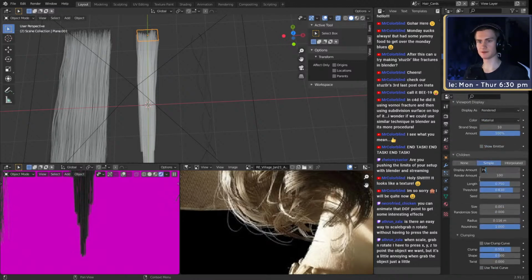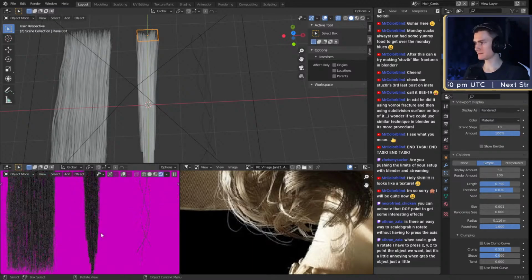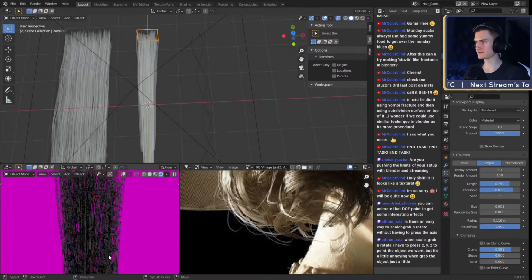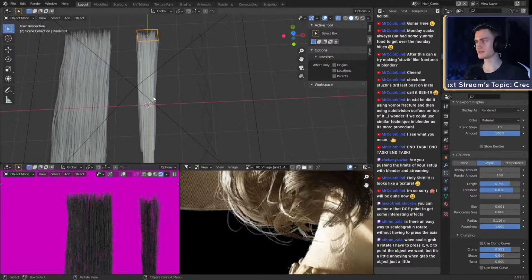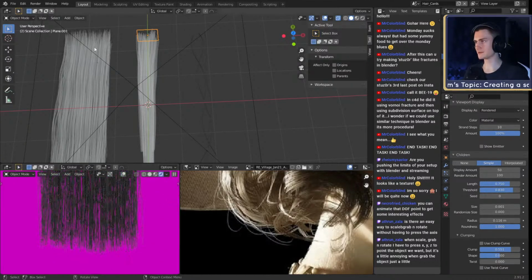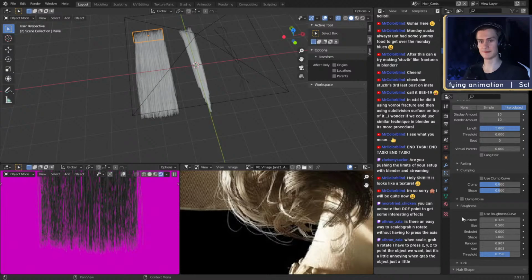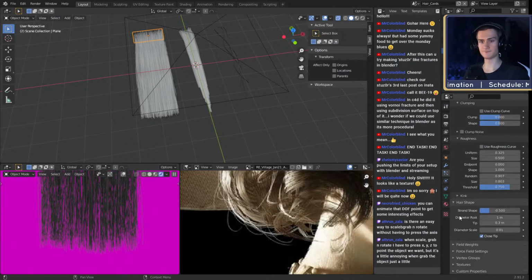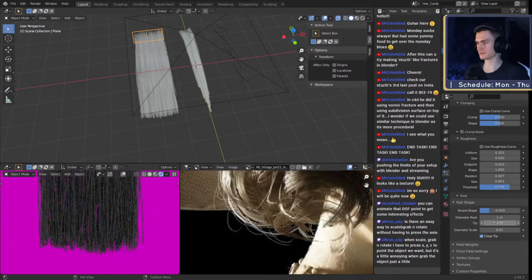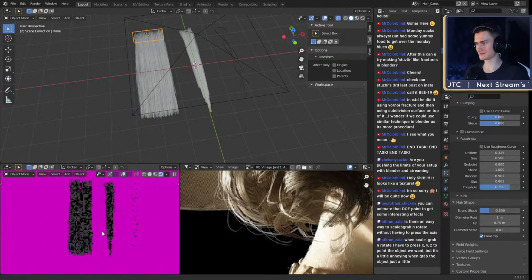Maybe we can reduce the amount of simple children, maybe to 50. Yeah. You just have to play around with the settings to get the perfect settings you need in the end. That's just how it is with hair. Hair is quite annoying to set up, but once you have it done, it looks just super good. Yeah, let's put that to 1 as well. Ooh. Maybe 0.75, I guess. Yeah, I think that's better.